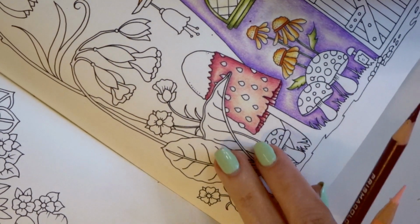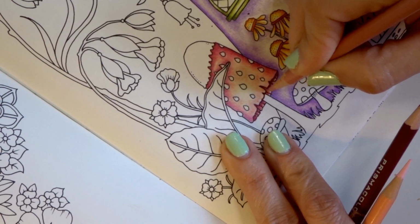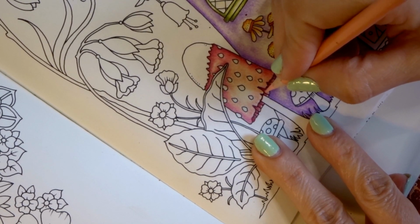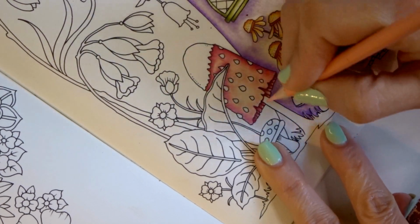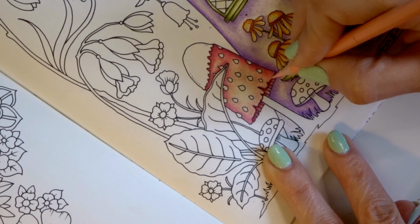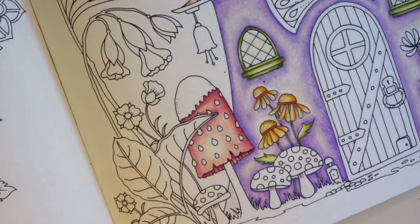Okay, so now we're going to come back in with the nectar. And then I think I will add a little bit of the peach, just to kind of burnish it. But look at that. Let me turn here a little bit more. See, I'm looking at it and thinking that I might need to...